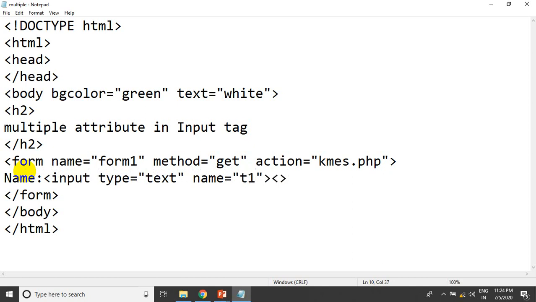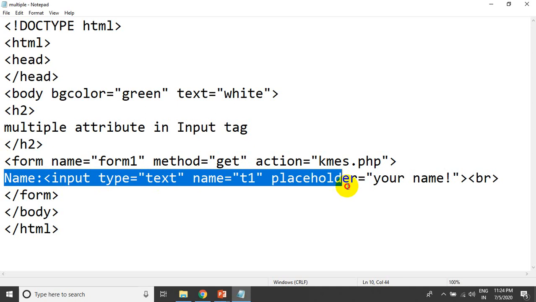Then I will use BR, after which I will use placeholder. We have already discussed what a placeholder is. Placeholder equals name, or you can write your name. After that I will copy this line just to save your time.